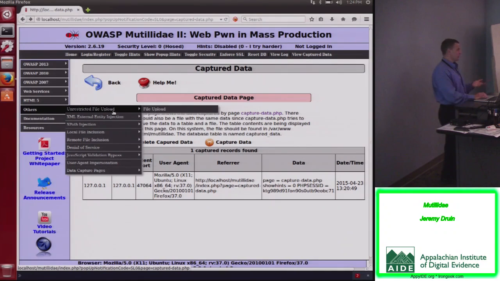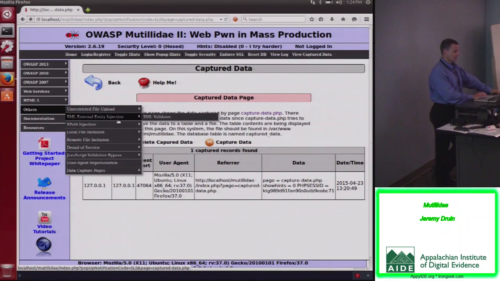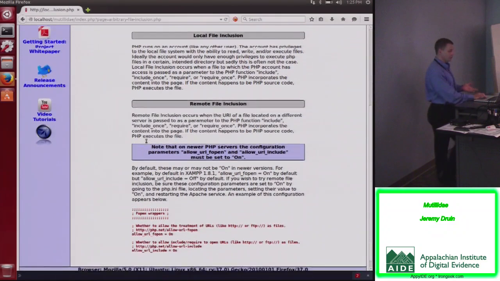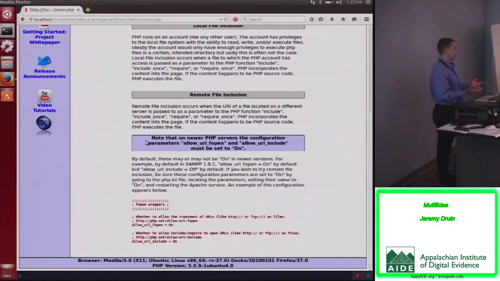So the unrestricted file upload was a request I got from someone who sent an email in on the support request and said, hey, can you add this thing in? And so I tossed that in there. A lot of stuff doing with XML, and then based off of a talk that Adrian had done, I added in local and remote file inclusion vulnerabilities into some pages, and also explain in those pages how to set up your server to make sure that it's actually vulnerable, because there's certain conditions that have to be met in order to get the remote